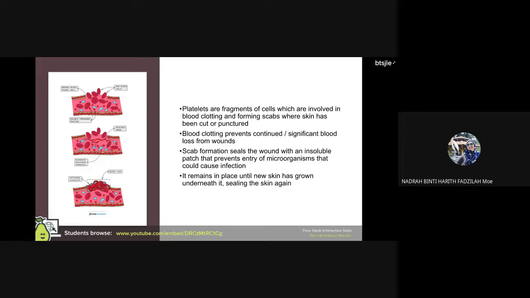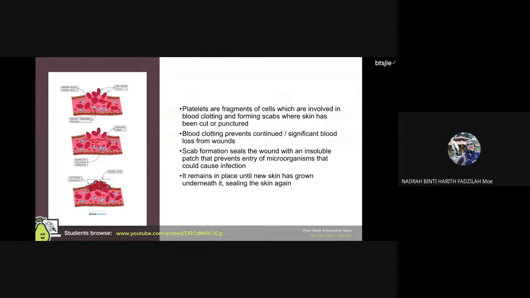So insoluble fibrin will form a mesh atau membentuk jaringan that covers the injured blood vessel atau the broken blood vessel, and the mesh will use red blood cells and white blood cells that is available near the mesh to form a temporary clot at the broken blood vessel area, and then the temporary clot tu akan lama kelamaan dia